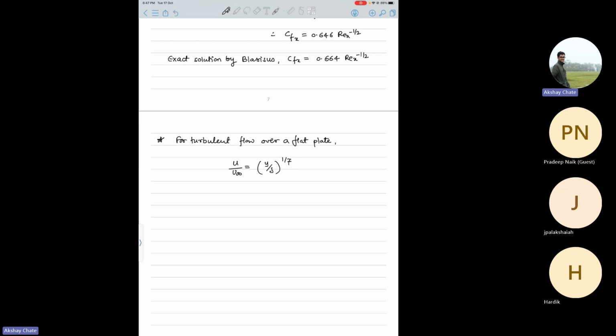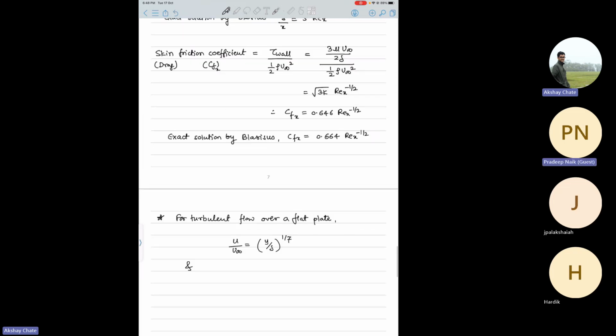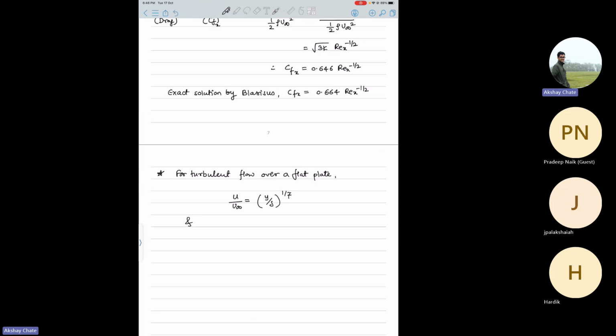So in case of U infinity, can you write only U? Is it possible, or will it be wrong? No, you can write U. This U infinity is essentially to denote that it is the velocity very far from the boundary layer. You can write capital U as long as you know what it is. If I change it now, the whole thing I have to change. No problem, you can write U. There is no problem there as long as you know that it's the free stream velocity and it's a constant